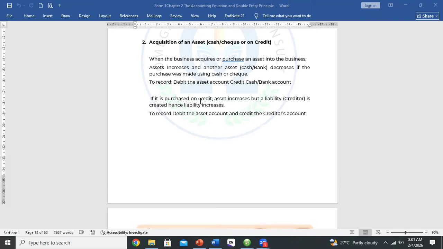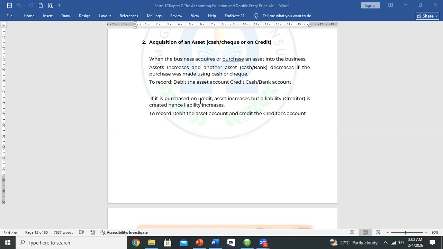So what do we do? Since the business is getting that asset, it is incoming. So we are going to debit the asset. What happens to the other side? If you purchase with cash or check,